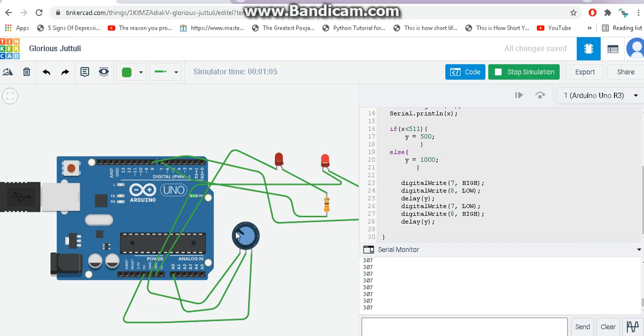Anyway, I will increase it. Just note the blink time, guys. I will pass it more than 511, so I have brought it here. Now the 737 has come. Now look at the blink time, guys. The blink became slow, right? Just keep an eye on this LED. It has become slow, right? I will play around with that so that you can note. I will again decrease it.